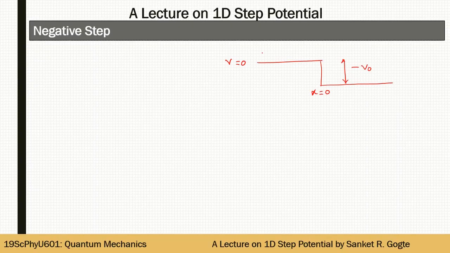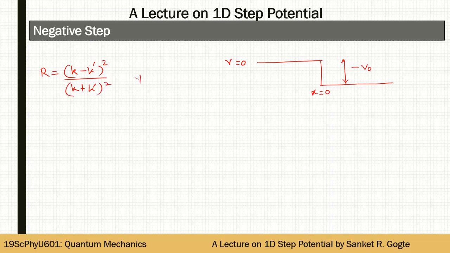So the particle is traveling from negative to positive x, and now if you write the Schrodinger's equation, the same steps that we have, do some mathematical jugglery, and you can convince yourself that we get very similar results for R and T, where R is the reflection coefficient, which turns out to be equal to (k minus k prime) whole square divided by (k plus k prime) whole square,